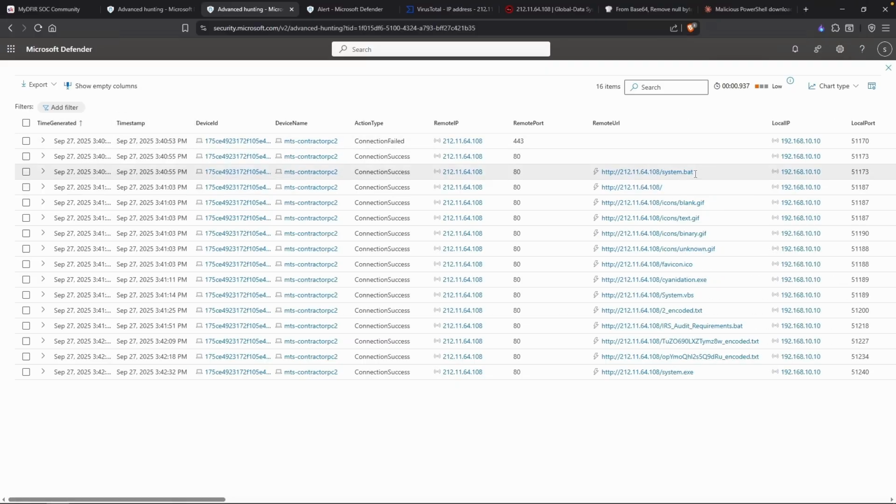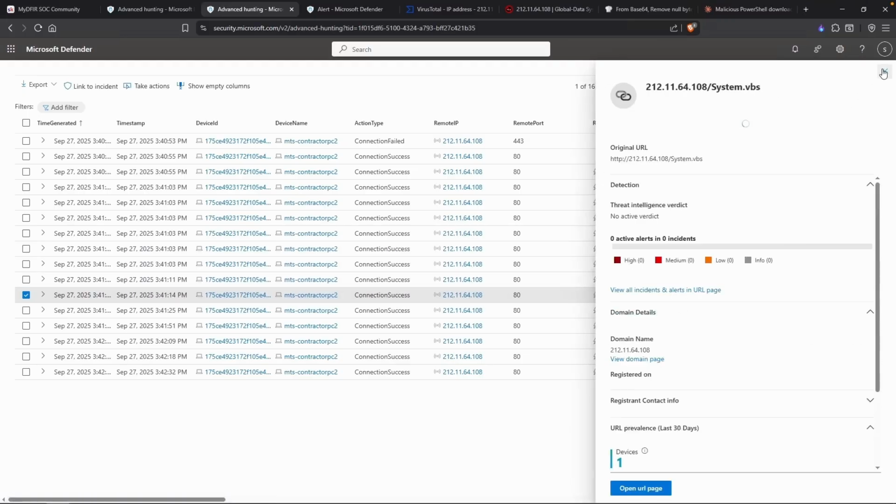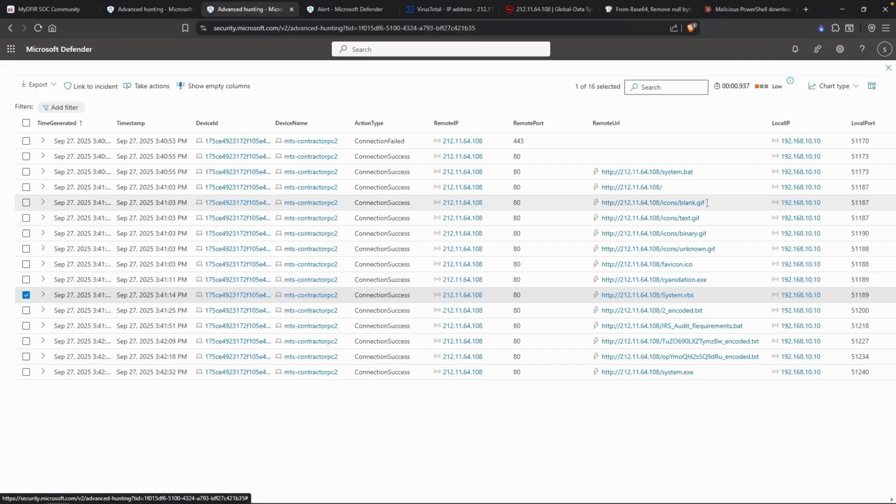So system.bat was requested. You can see the icons here, cyanidation, system VBS. This, we had no idea because we didn't see this in the alerts. So this right here is an IOC of interest. Now, of course, we can also copy the blank.gif, or GIF, however you like to say it, but I'm not